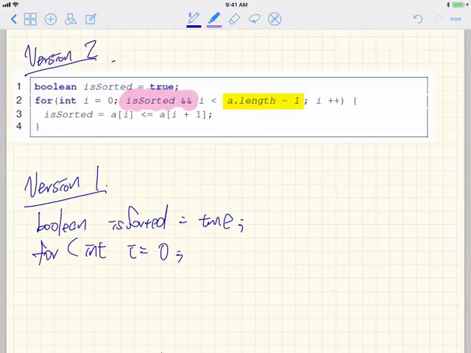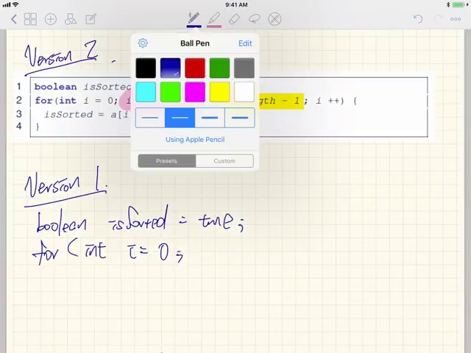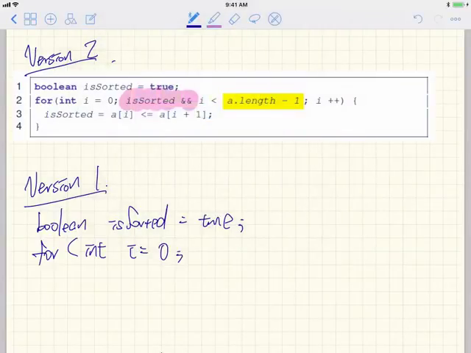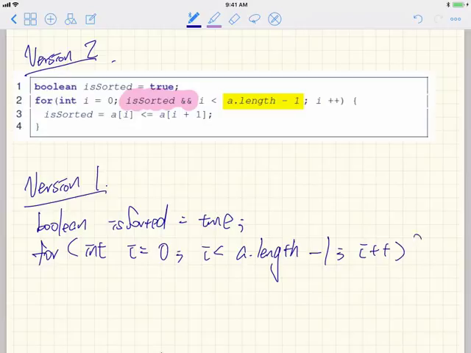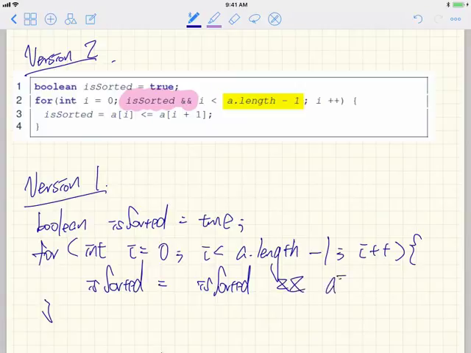In version 1, we don't have this. What we will put over here is simply like this. We'll say I is less than A.length minus 1, and then I plus plus. And over here we say isSorted is assigned to isSorted, whatever it is so far, in conjunction with